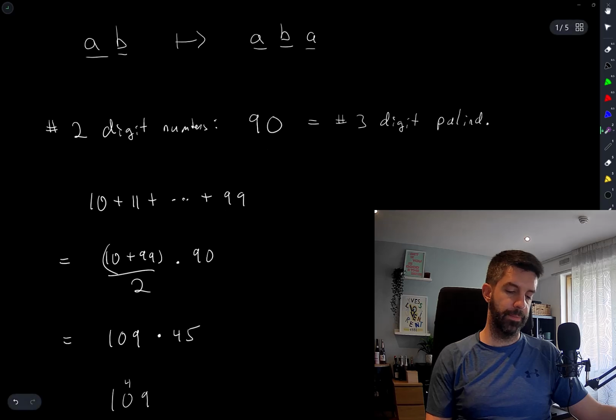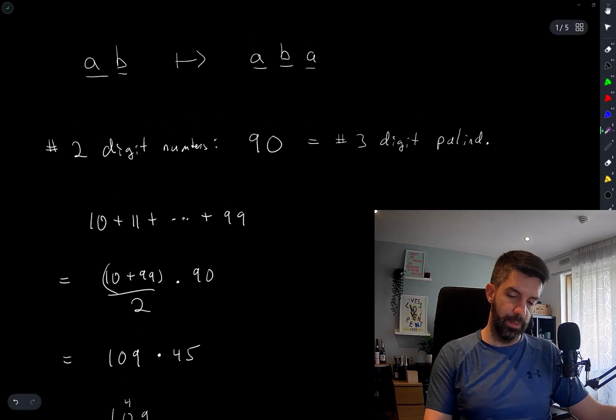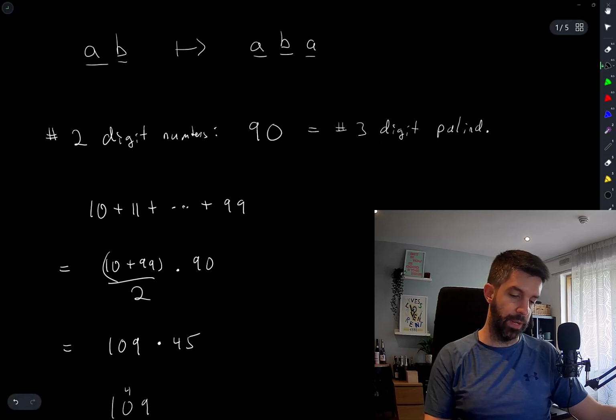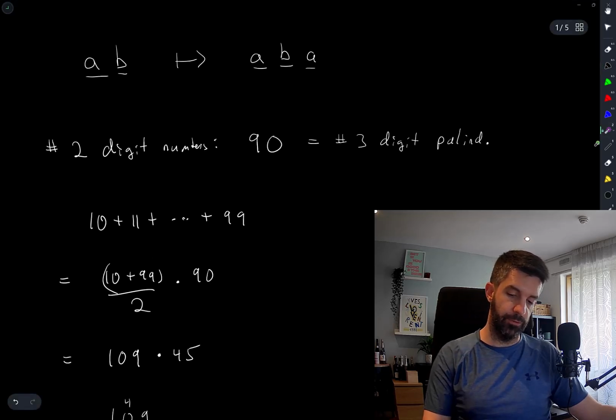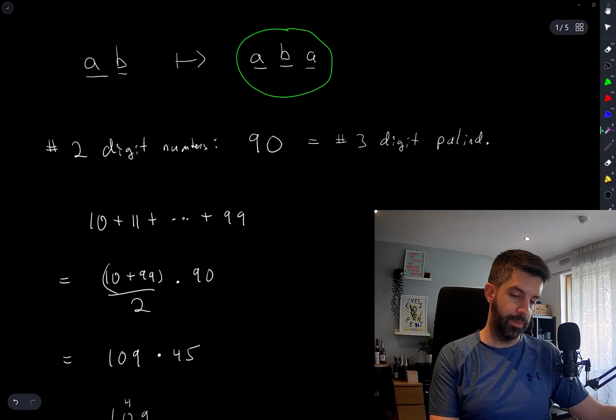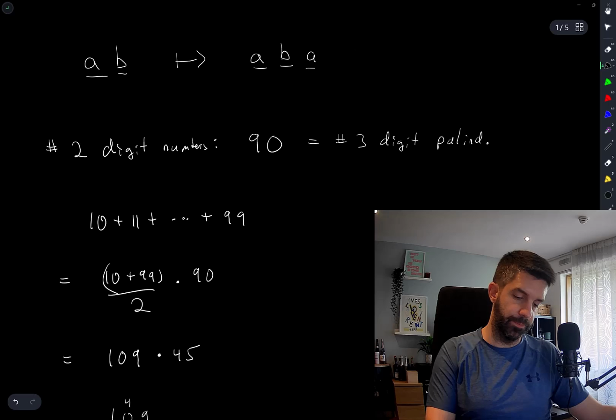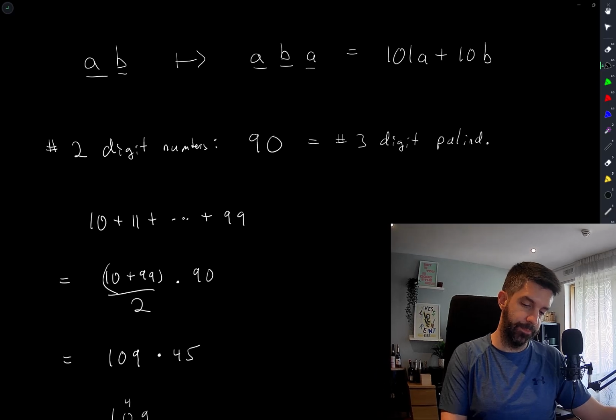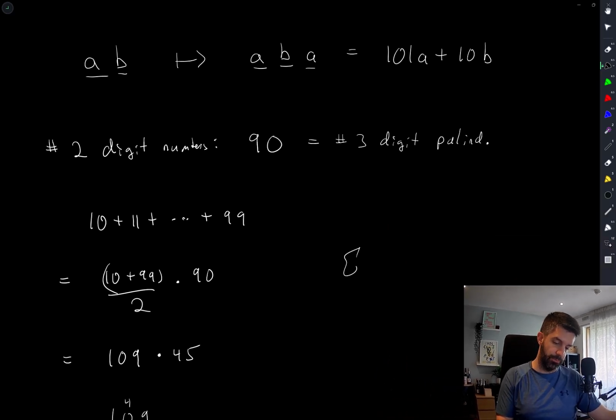So then, to get the total sum, maybe a smarter way of doing it is, this is equal to 101A plus 10B. And I want a sum of that, 101A plus 10B, as A